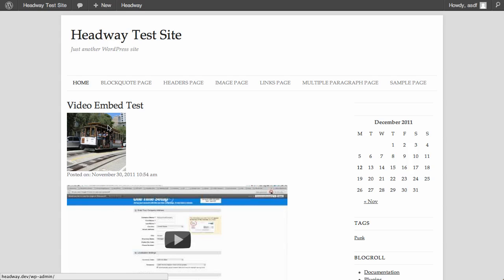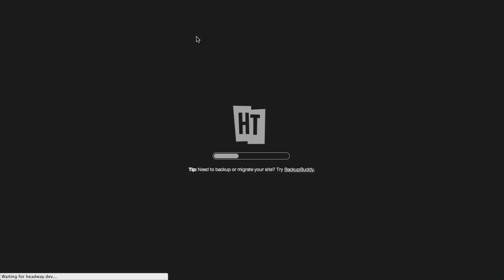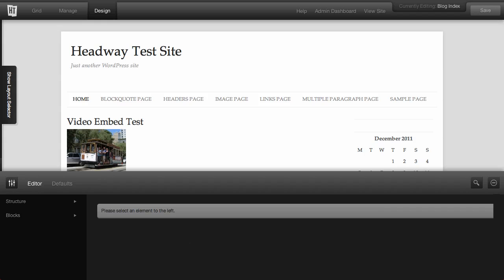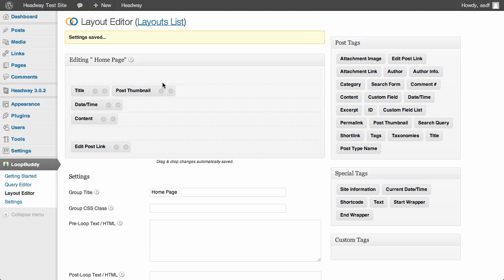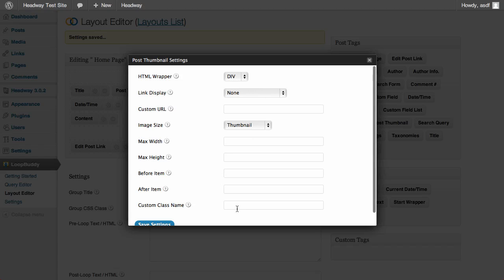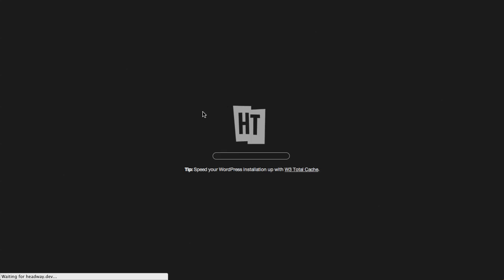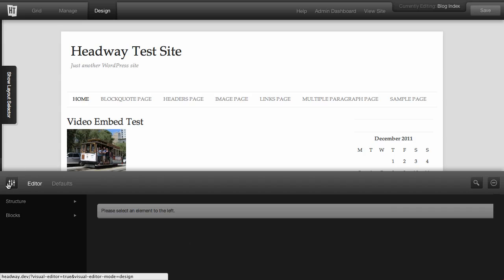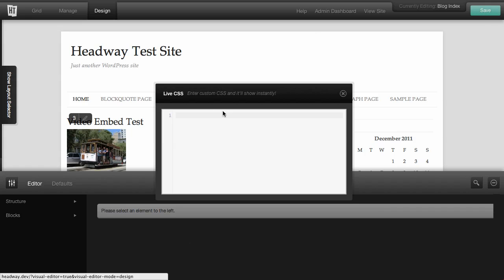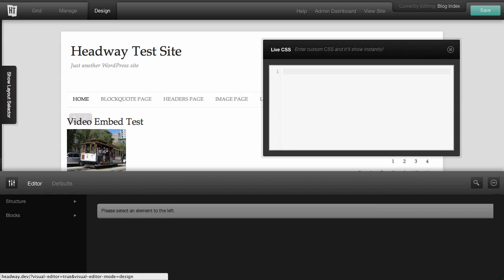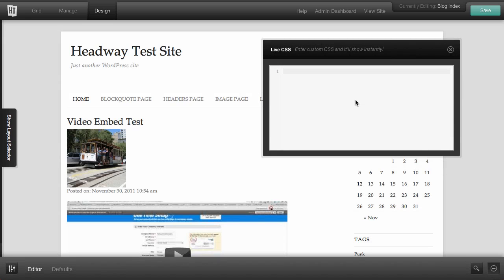Now obviously we need to do some CSS to this, so let's open up the visual editor and go to design, and actually before we do that, let's give our post thumbnail a class so we can target it, and we're going to call this home photo. That way we kind of know it. And I'm just going to reload our visual editor so that it knows that that's there. And now I'm going to launch our live CSS editor, move this around a little bit, and I'm going to say